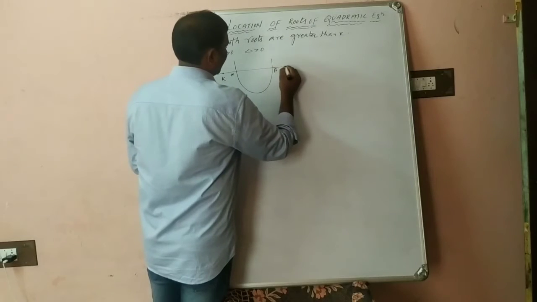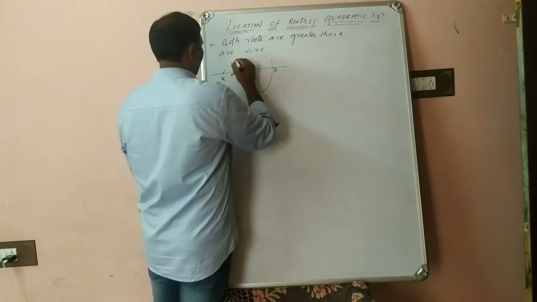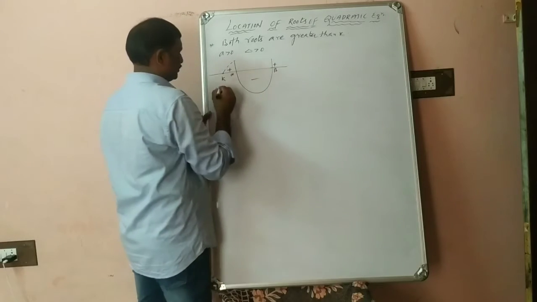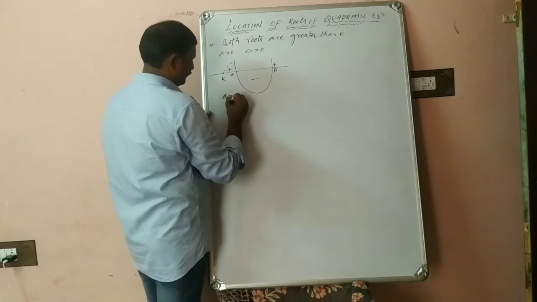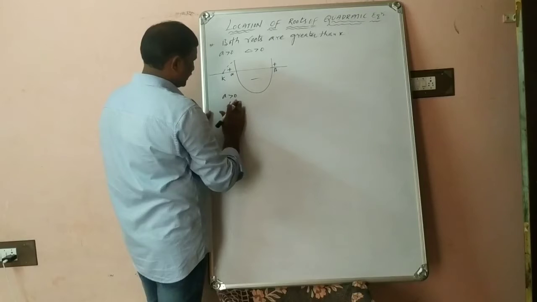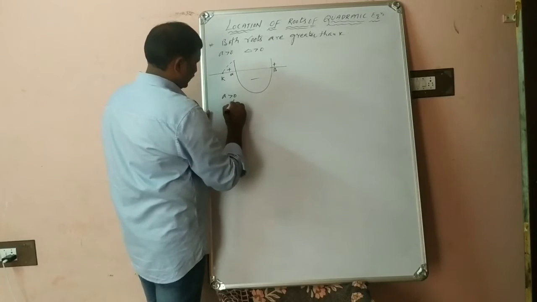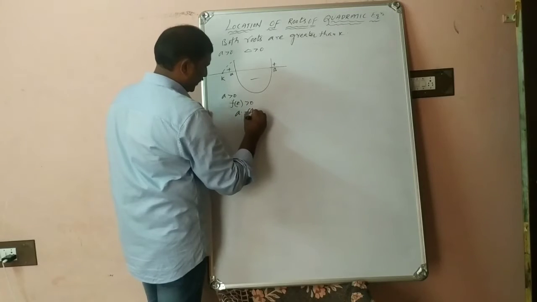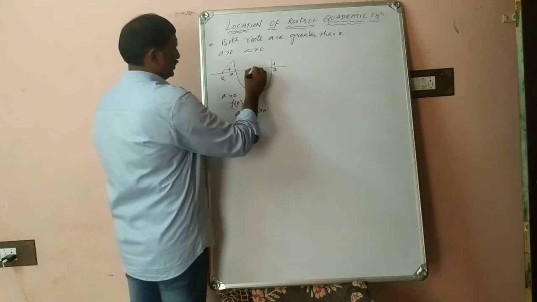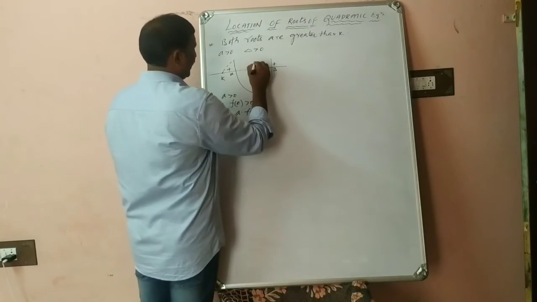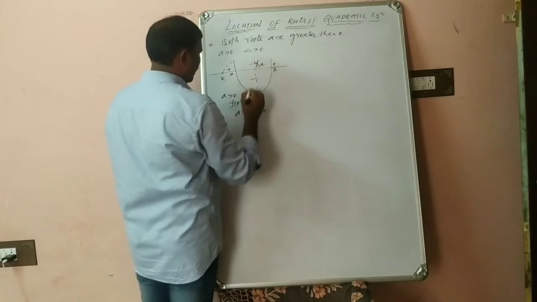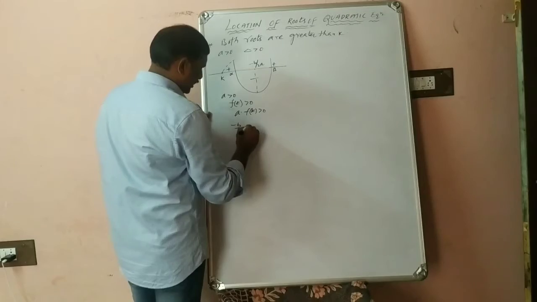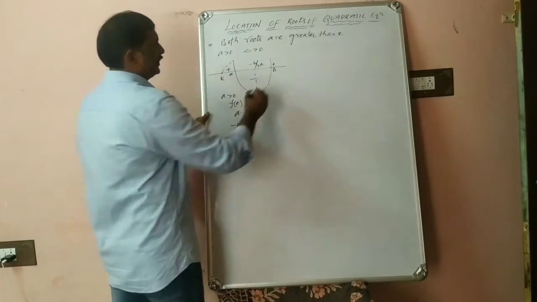By using the wavy curve method, this is negative, this is positive and negative, and here positive. a is positive, f of k is positive. So a into f of k is positive. So here you will get a minimum value. Where are you getting the minimum value? At minus b by 2a. That means minus b by 2a is greater than k in this case.